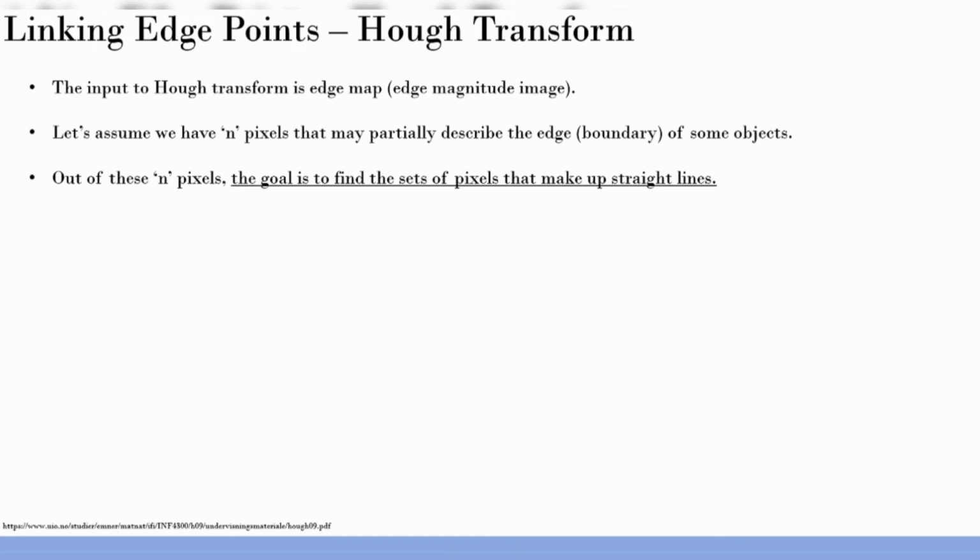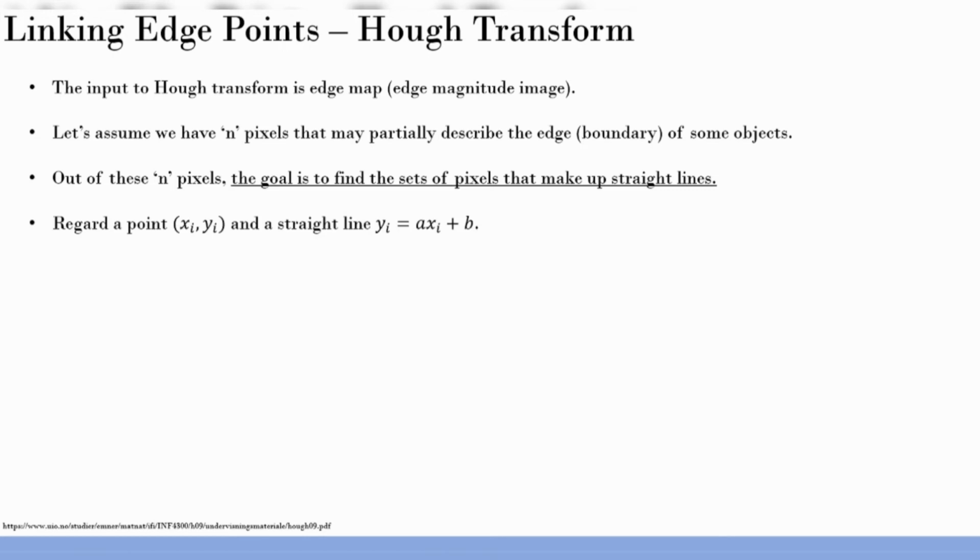Okay, and don't forget that the Hough transform can be extended to circles or ellipses or any parametric curve. So that should always be there in your mind. But let's concentrate on lines for easy explanation's sake. Otherwise, you just think that it is possible. So let's assume our aim is this: you have an edge map coming out of, let's say, the Canny edge detection algorithm, and on those set of pixels which are bright as given by Canny, you need to fit a straight line. It's as simple as that. So many different ways you can think of, right? Obviously, it's not very difficult if you think that way. But this algorithm is so beautiful that you will appreciate its simplicity.